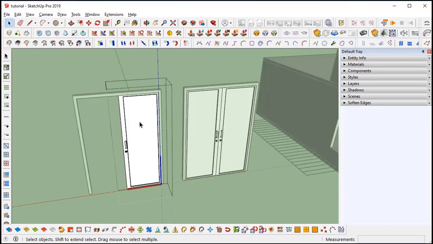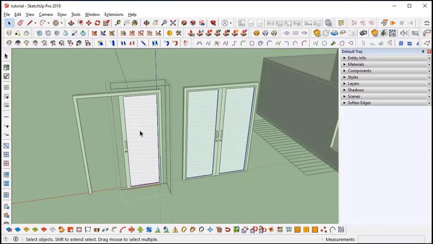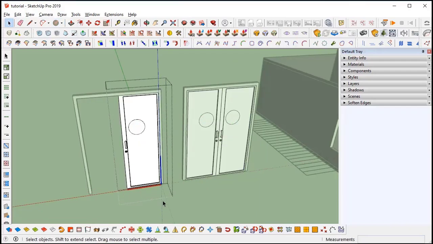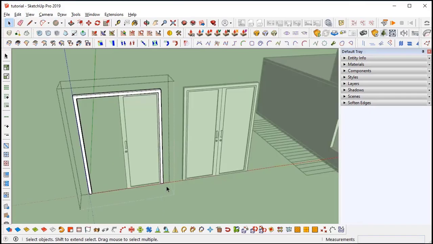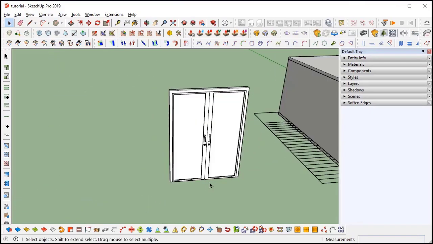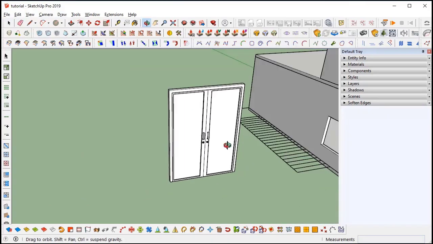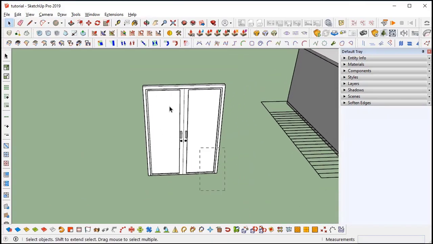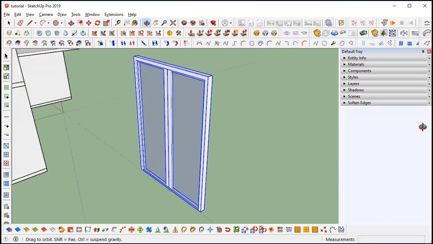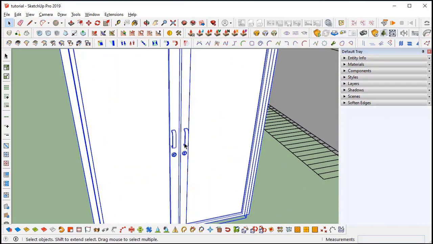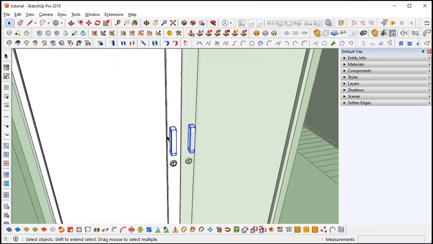If you try to modify the component, if you select one part, it will automatically apply that to the same other parts as well. That's the difference between components and blocks. If you edit a block, it will apply to that particular block only. If you edit a component, it will apply to all other parts as well.